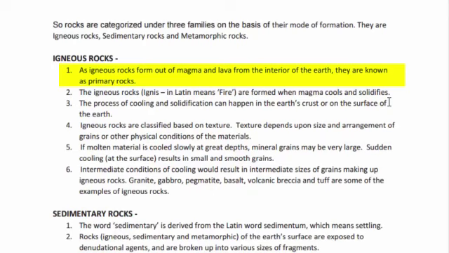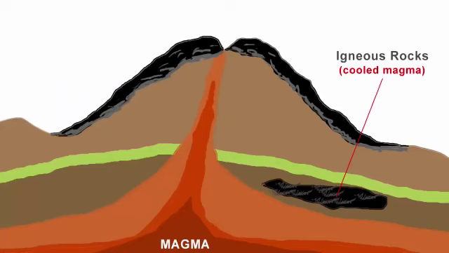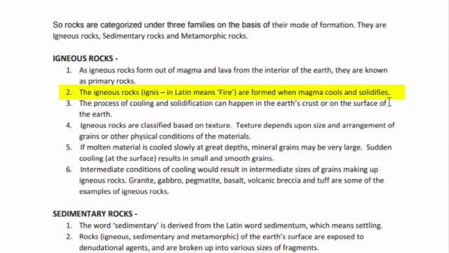Now, igneous rock is also known as primary rock because it is formed from magma, so anything that is formed right from the core ingredient of the Earth has to be called as primary rock. The word igneous is derived from a Latin word called ignis, which means fire. Now, mantle is filled with magma, and when magma comes out of the surface, it cools down and becomes solid. That's how igneous rocks are formed. So, mantle is in a way a fire. The process of cooling and solidification can happen both in the Earth's crust as well as on the